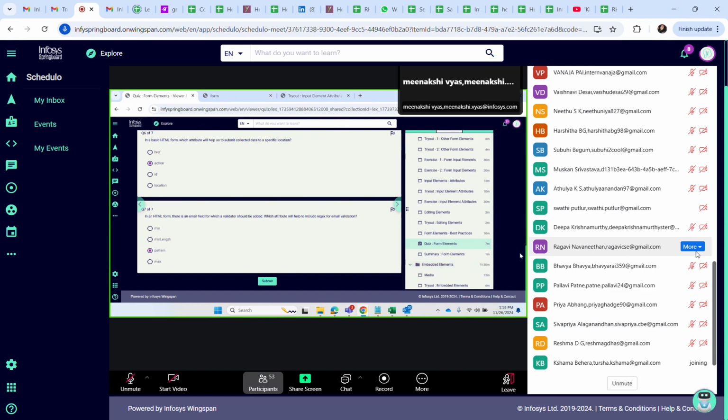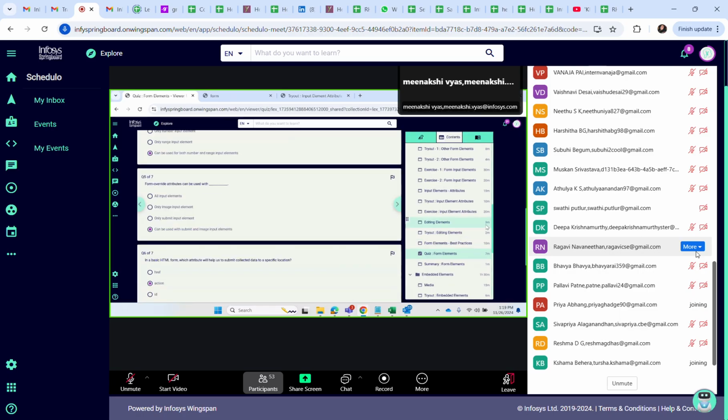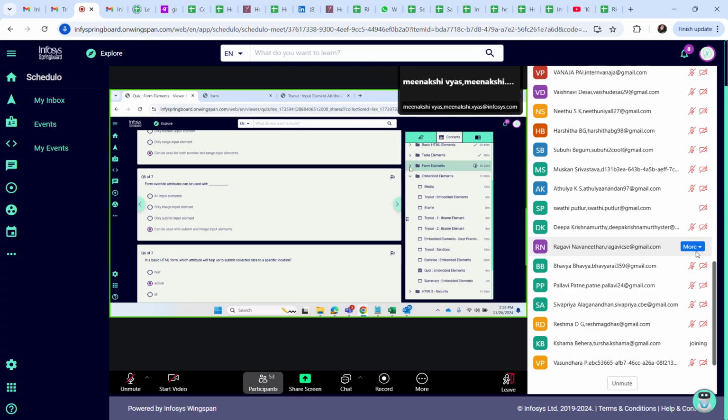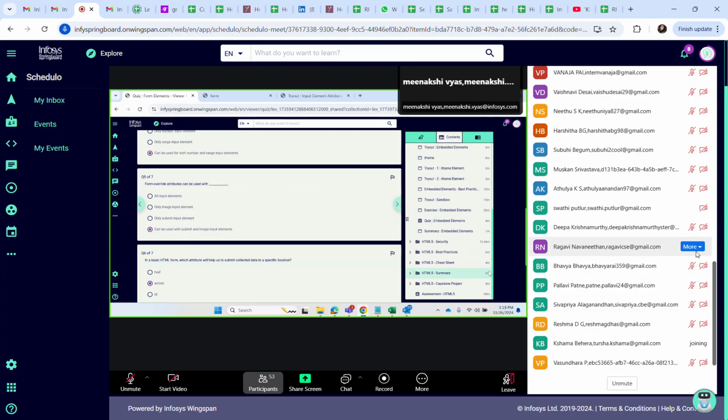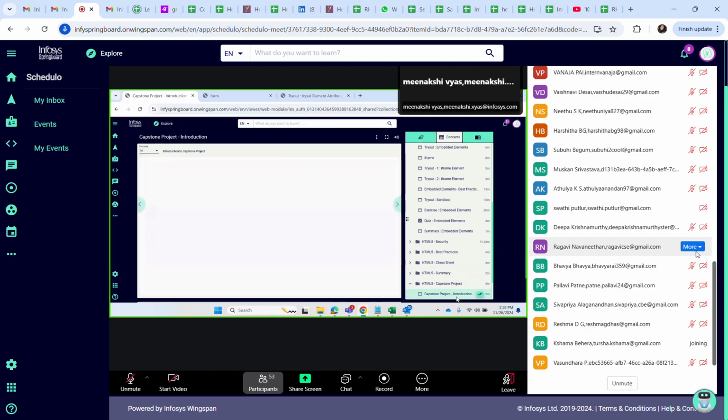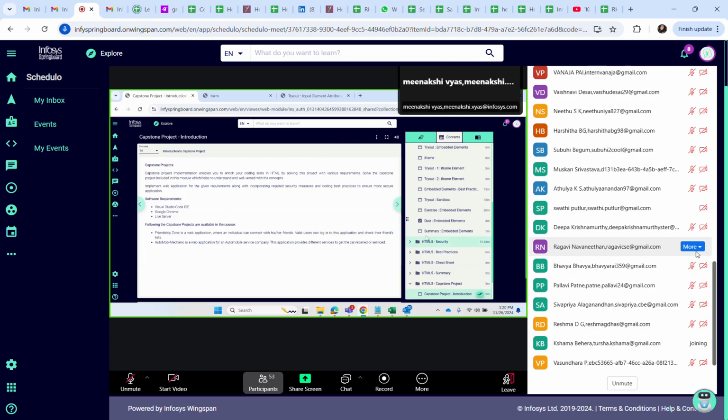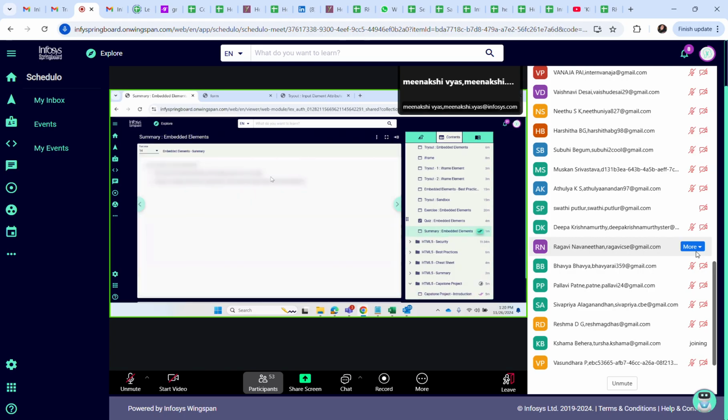So that is the overview about the HTML. The more we create things, we will understand, right? So I'll give you an assignment, which is, I think this course also has the capstone project. So you please try to complete this capstone project. And there is one more thing, that is the embedded element.